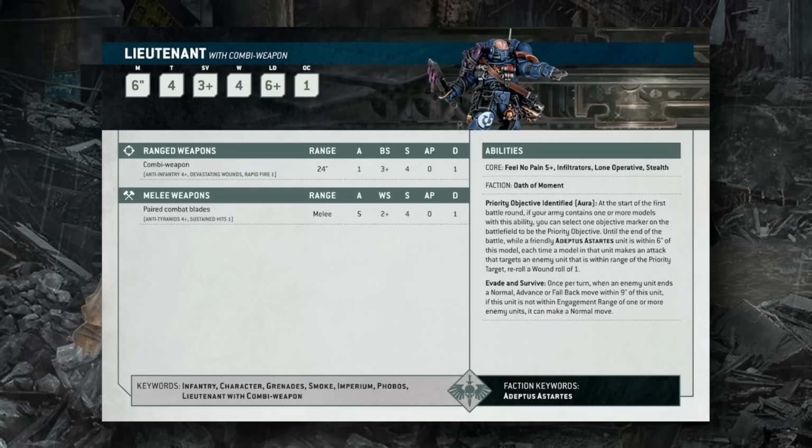Next up is the Combi Weapon Lieutenant. This is the Phobos Lieutenant from the set, and this dude is absolutely wild. They pulled out all the stops when designing this guy because he has every special rule imaginable. He's a move 6, T4, 3+ save, 4 wound, leadership 6, and OC 1 infantry character with the grenade, smoke, and Phobos keywords. He has a combi weapon, which has the same combi weapon profile we've seen otherwise, but it